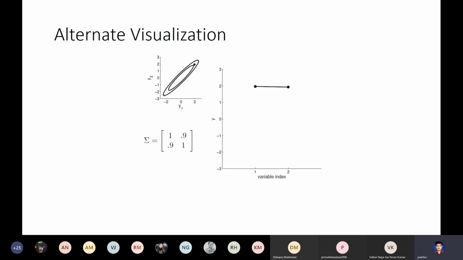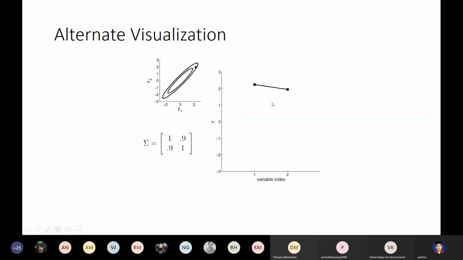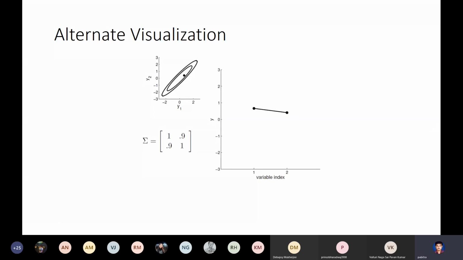So we can study how this changes as the sample moves, because when you draw a sample, it will not be exactly at the same point, it will be at some other point. As we keep on drawing samples, how does this change? We are trying to make sense of this underlying bivariate normal distribution from how this changes. It will move around. So we are just seeing how it moves around.